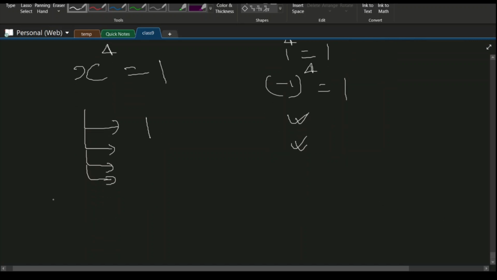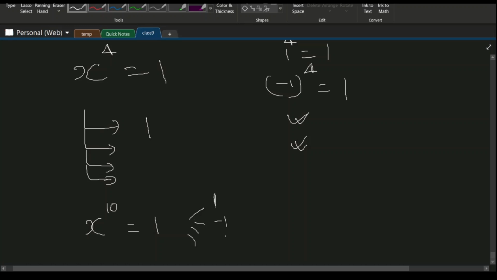Okay. Similarly, if I put, let's say, x raised to the power 10 equal to 1, or any real number. So if I am looking for some x which, when raised to the power 10, gives me a 1, there will be 10 different options of x that will give me the answer 1. But only one of them will be called the principal. That principal value will be the positive real number which satisfies this equation. So in this particular case, the principal value will be 1.